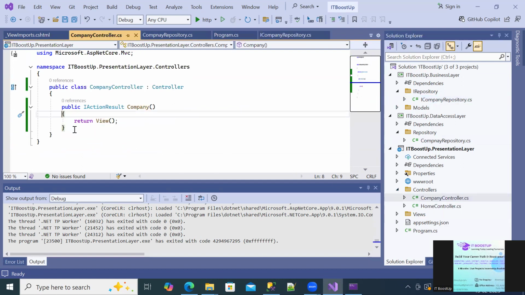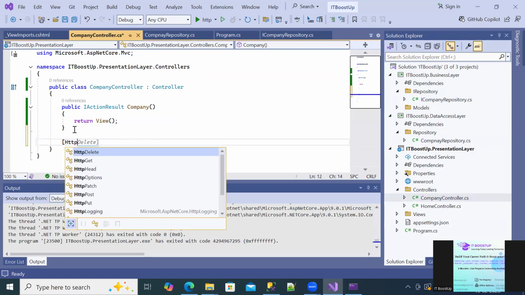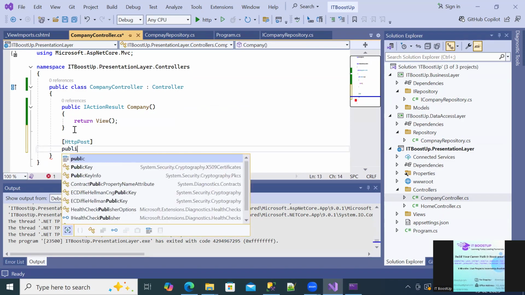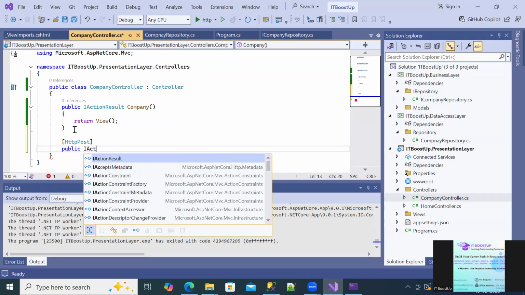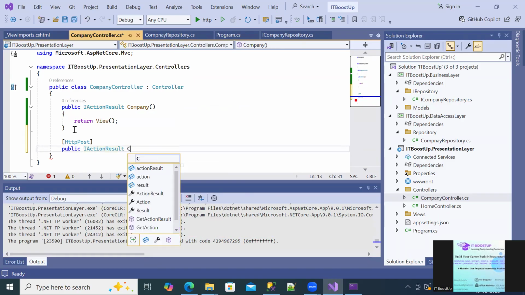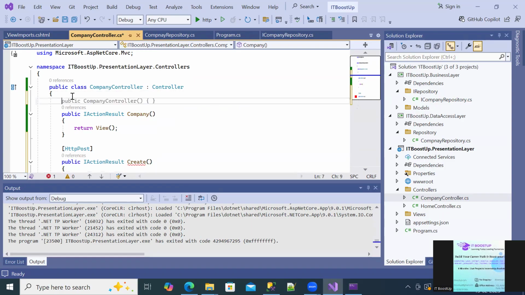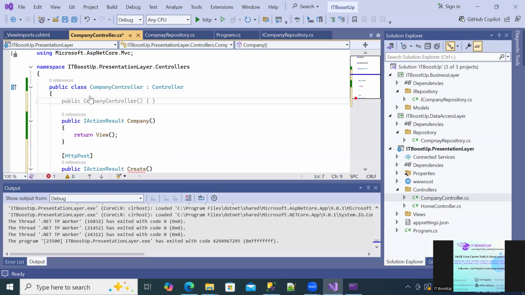Okay, here we need to define the post method. How are we defining HTTP post? Then we need to create one action method, public IActionResult, and here you can define it as Create. Here you can do the actual logic. Before that, we need to initialize the constructor here, to resolve the dependencies. Here, as a public CompanyController,